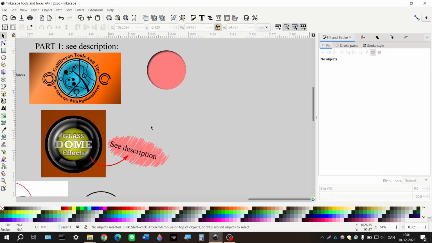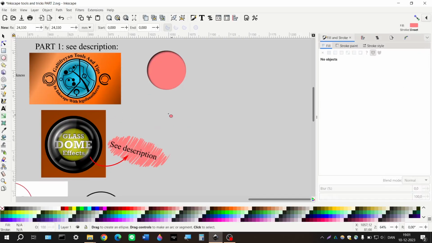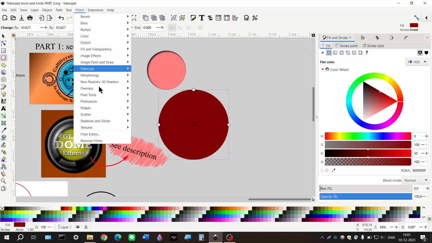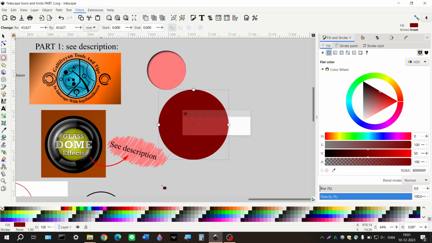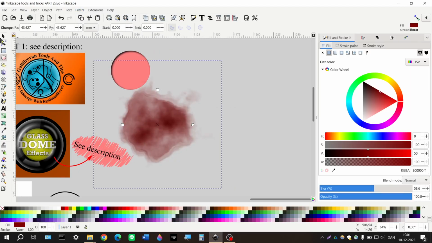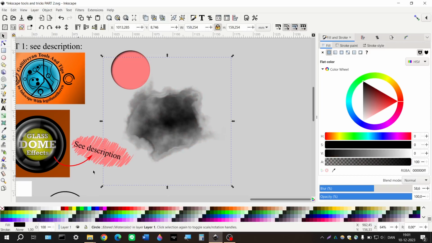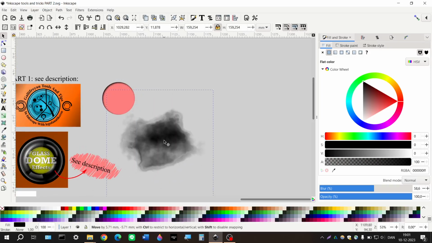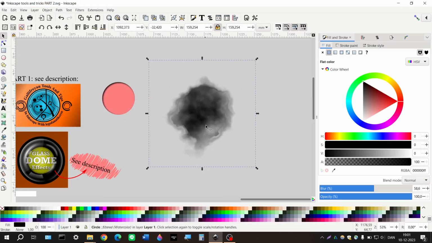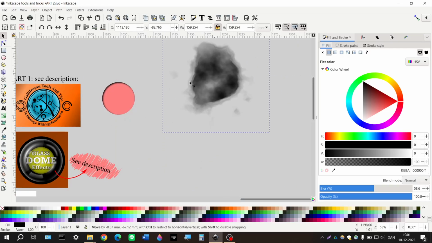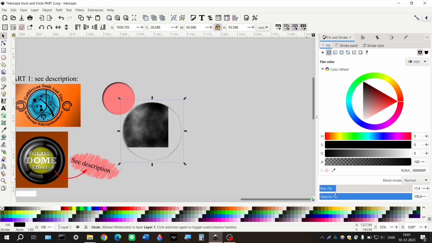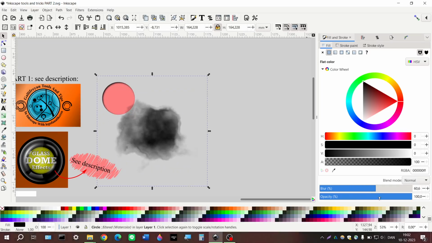That's one effect. The second one is one I love very, very much, and it is the ever-loving, let's choose a darker color, the ever-loving texture of watercolors. I love watercolors. You can use those as smoke. I use it a lot of the time as smoke, and you can tell that when I move it around, it actually changes the seed of the smoke, which is a bit weird,